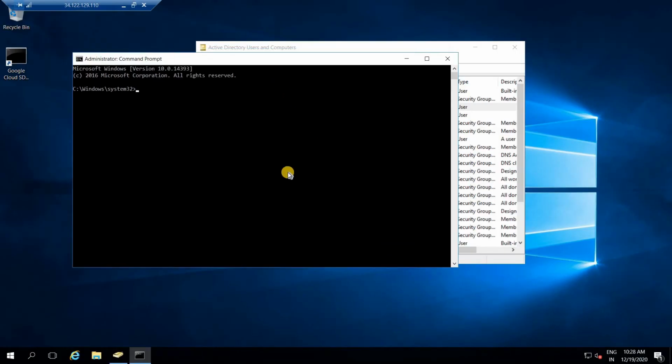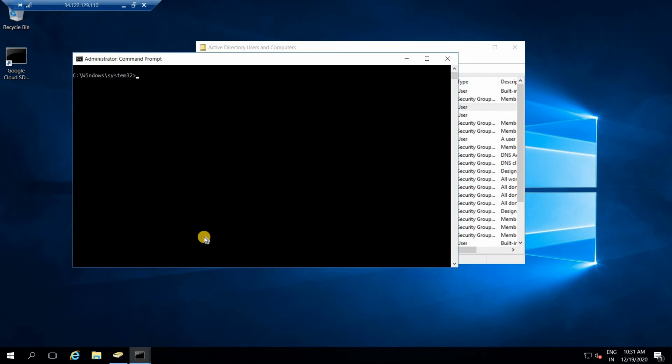Since we have only this one server, all the roles are running on this machine. Otherwise, if we had another additional domain controller, we could switch the roles, and this switching will help us in patching or server reboot. Let's suppose we want to reboot domain controller 1, so we can transfer all the FSMO roles to DC2, and when we want to move those roles back onto 1, we can use the command line and move them, and we can reboot domain controller 2 during the patch. So this will help.